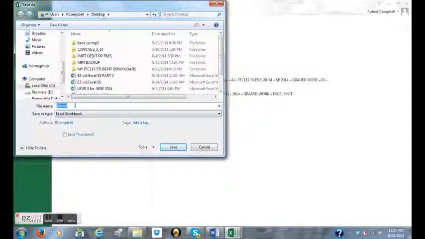And I'm going to call this by my name, Robert Campbell Excel assignments. Now, if you're Joe Smith, you'd call it Joe Smith Excel assignments. Janice Jones would call it Janice Jones Excel assignments. So let's click Save,